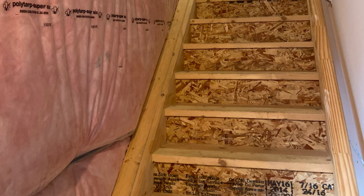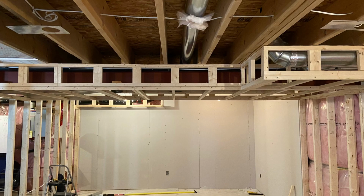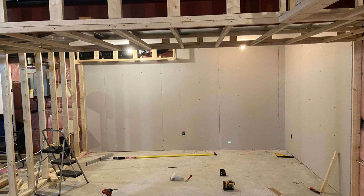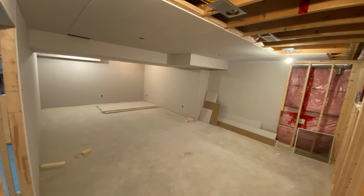So these are the before pictures. You can see completely unfinished, and then we started adding in the framing. The walls are framed up. We added that center wall there, and lots of boxes on the ceiling, lots of ductwork that needed to be